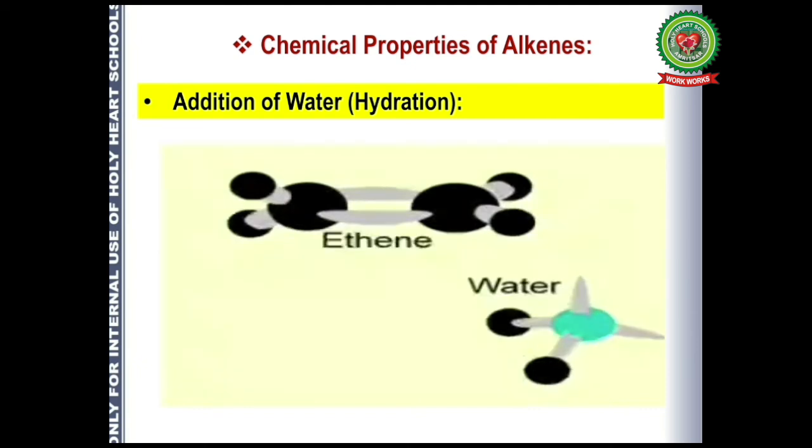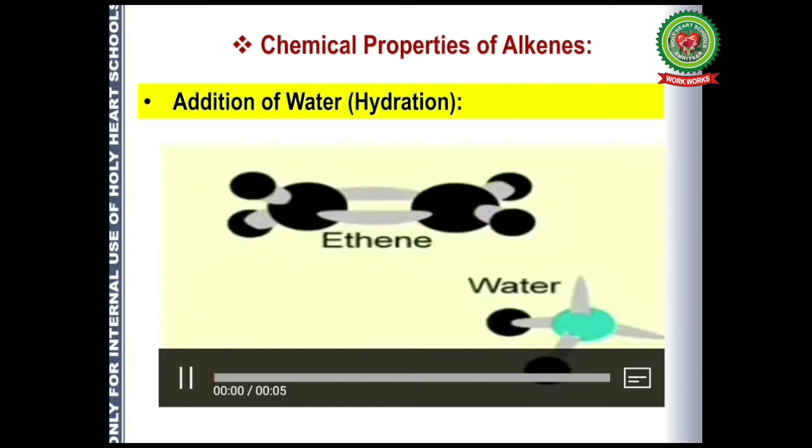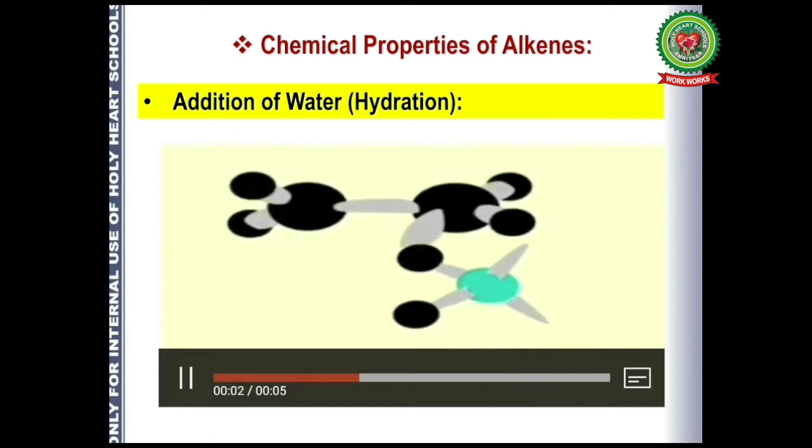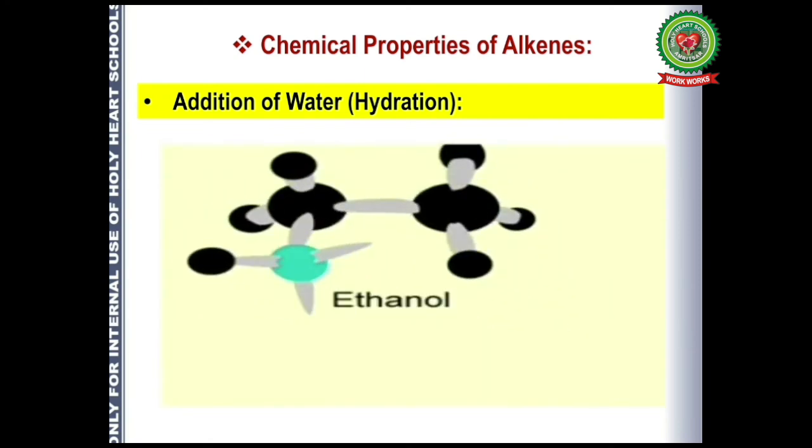So when it approaches alkene, it breaks down into H positive and OH negative ion. So it adds across the double bond. How is it going to add? Let's see. One hydrogen gets attached to one side and the OH goes to the other side, and this gives rise to ethanol, that is